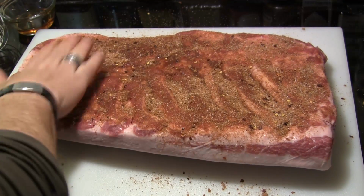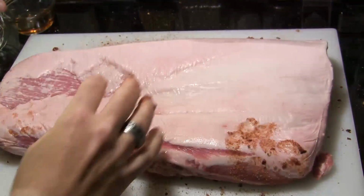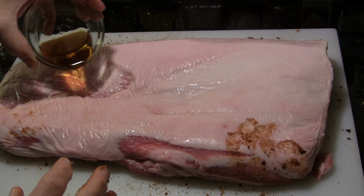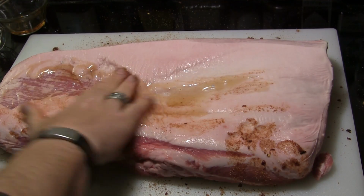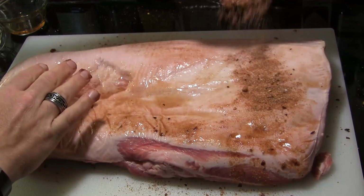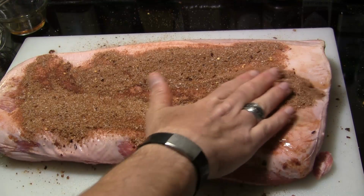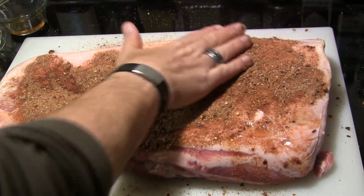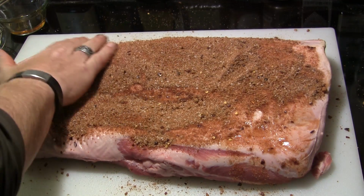We're just going to pat that on good, and then we're going to flip it over and do the same thing. We're going to coat this side with some of this pure maple syrup, and then we're going to shake on the rest of our rub. And I'm going to spread that out there evenly, and I'm just going to pat it on, and I'm going to let this sit here for about 10 minutes or so to let that adhere really well